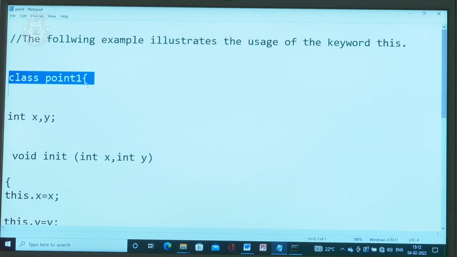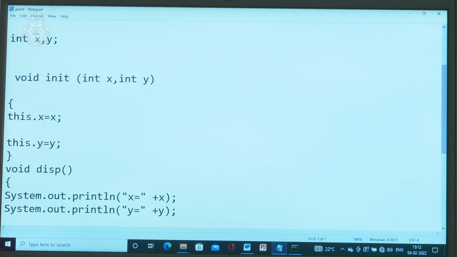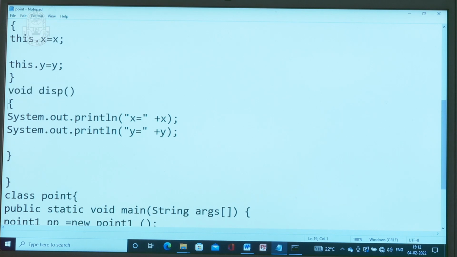Class point1 begin, int x, y; void init(int x, int y) begin this.x = x; this.y = y; close. void disp method then begin